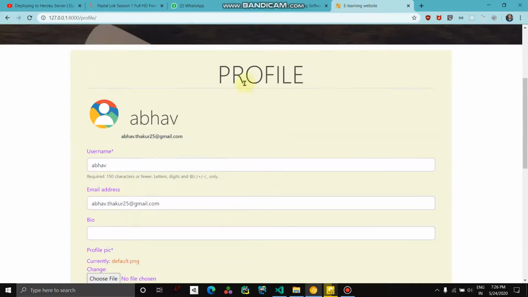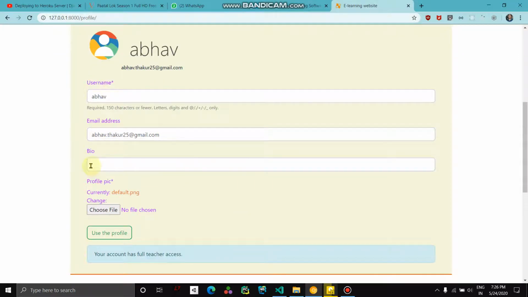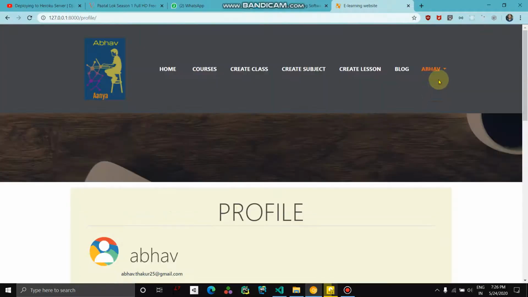Okay, so these are the features for the teachers, and here you can also see the profile. Like my profile is here showing my username, my email address, bio, and you can also select a profile picture, and you can see that the account has full access to teacher. Okay, then log out. And for a new user, you have to first create an account